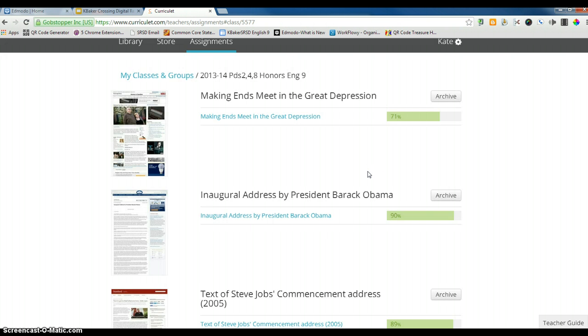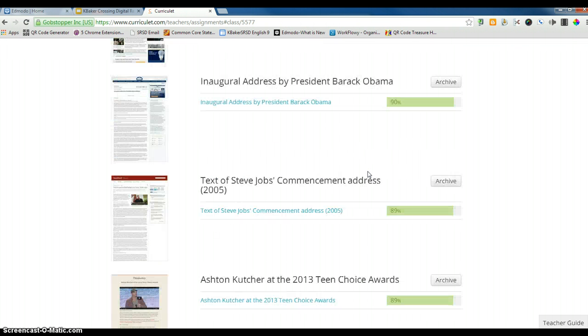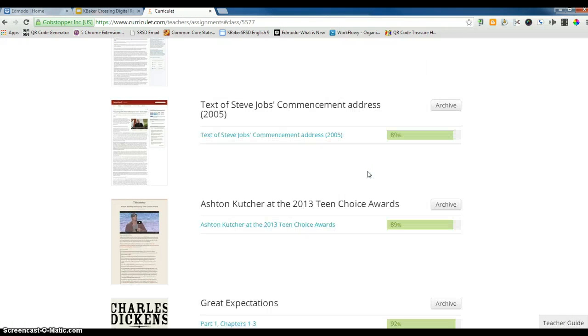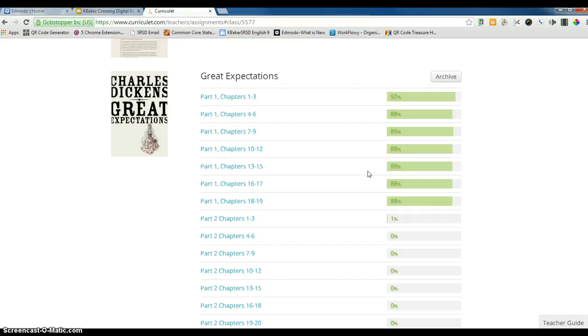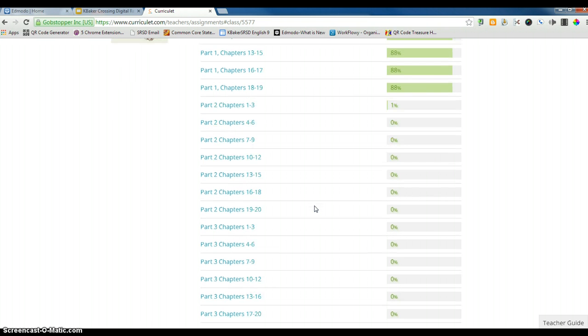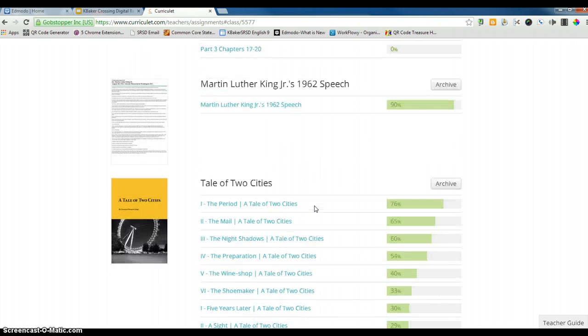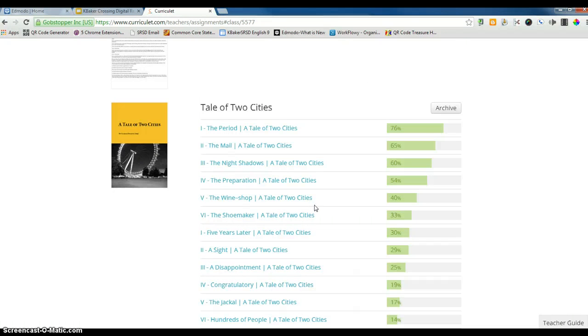So as I take you through here, you'll see some more items that I have linked to the web. And then here is canonical text from Charles Dickens. This is Great Expectations. I only assigned part 1 to my students. And then as we scroll down through, you can take a look at the progress that they've been making for